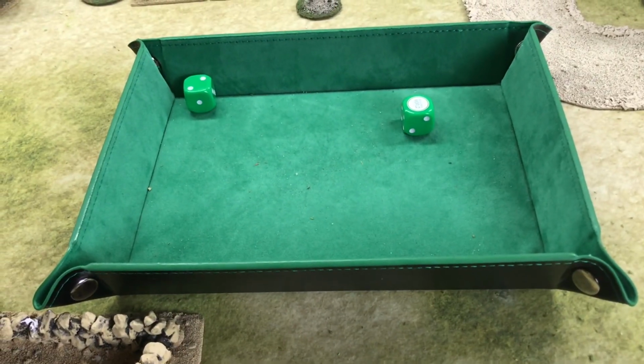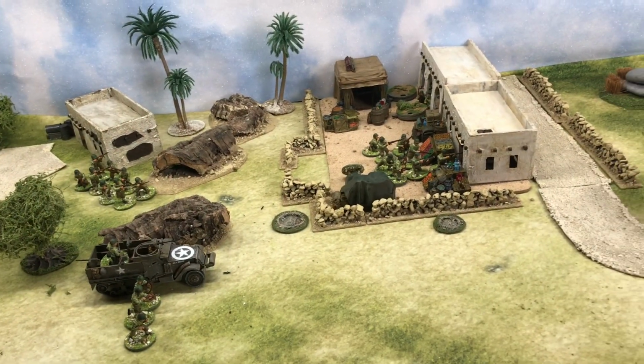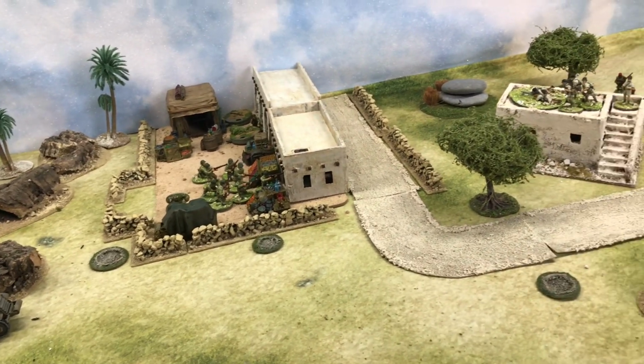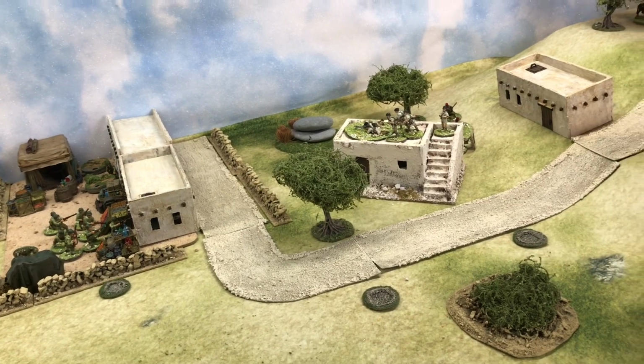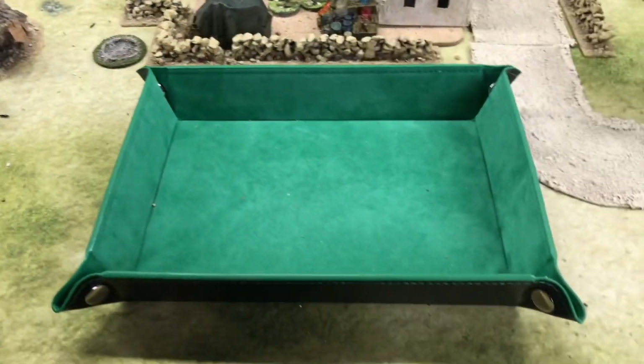2d6 is 8 inches. That's not been great for the Americans. They do at least still have a half track to give support for them, but the French are holding them back, and the Americans have taken quite a lot of casualties. French phase,